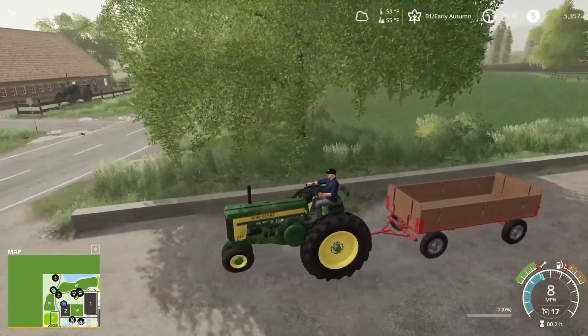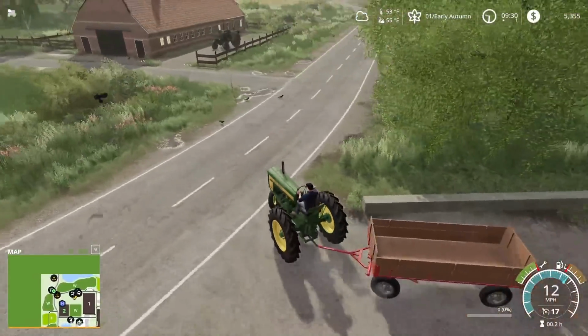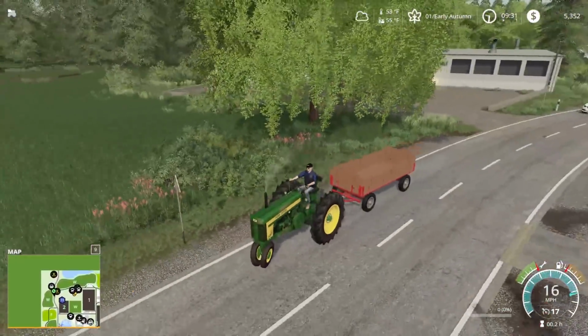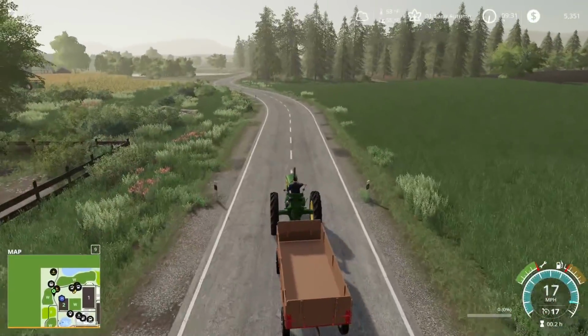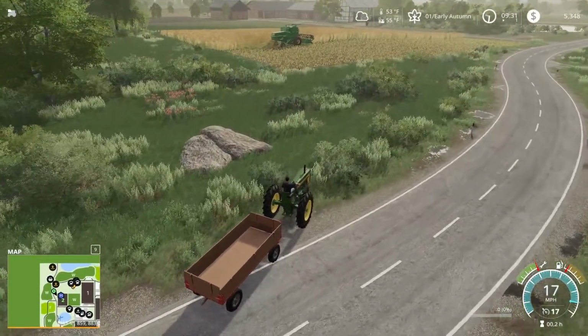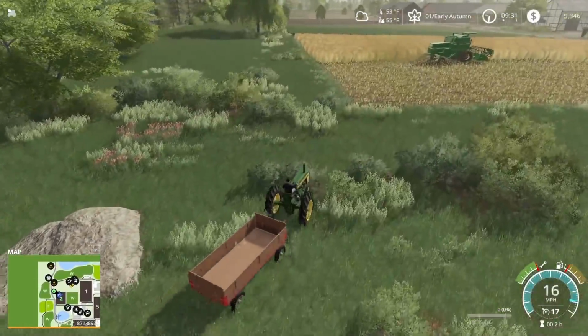Look at that. That looks like a really good setup, actually. I feel like I'm about ready to go pick up some kids for a hayride. Anyhow, very nice. Very loud, too, as well. Look at this guy, he's making great progress. We honestly probably wouldn't have even needed this, really, but...